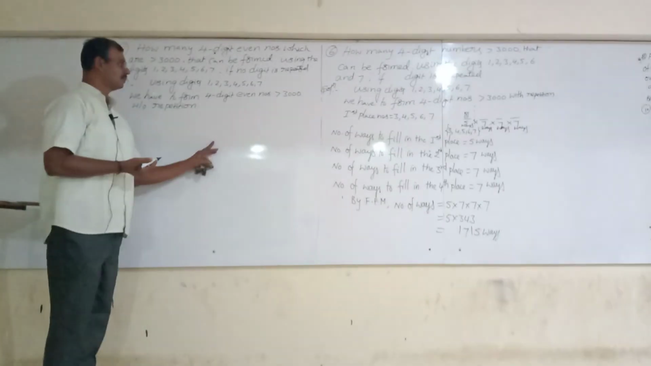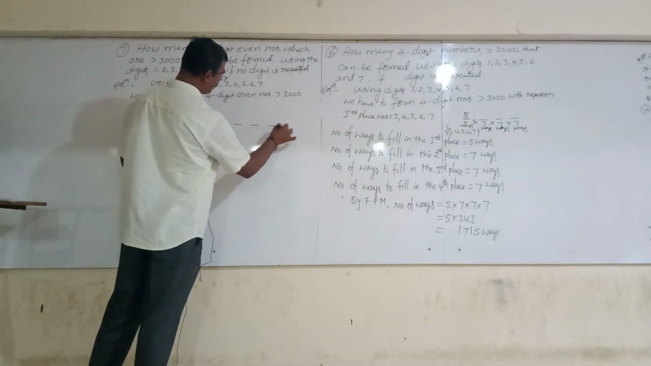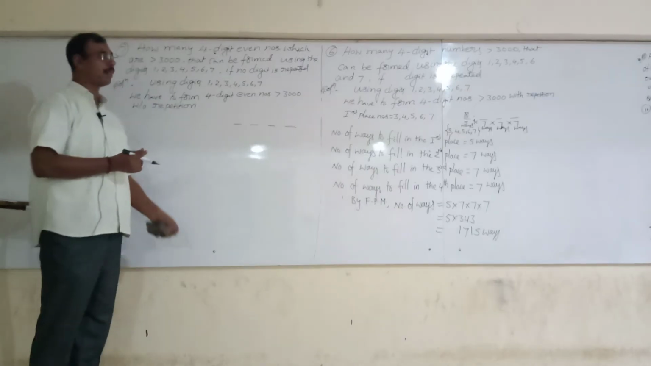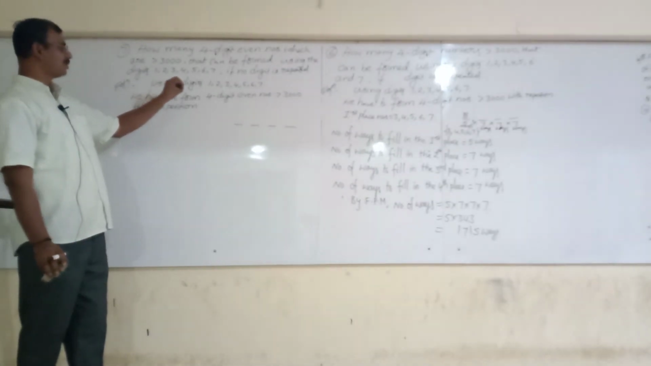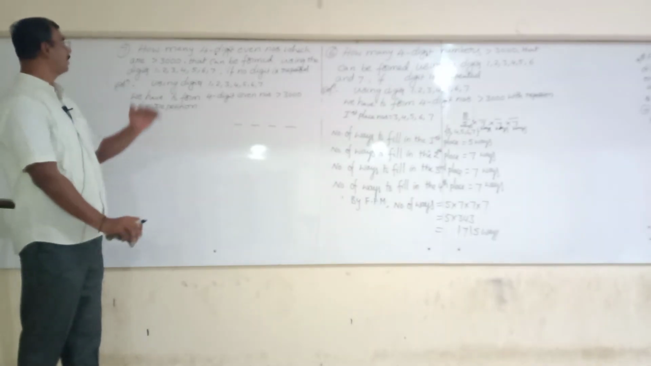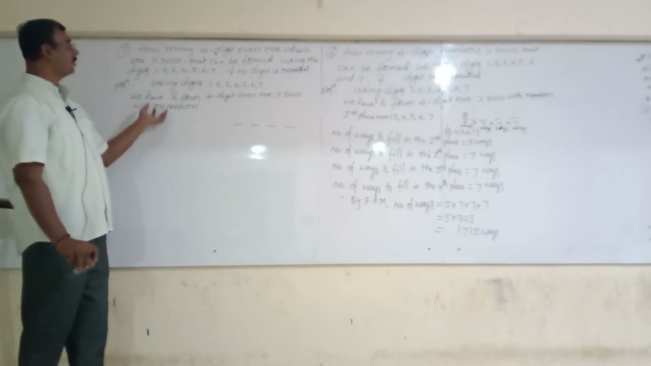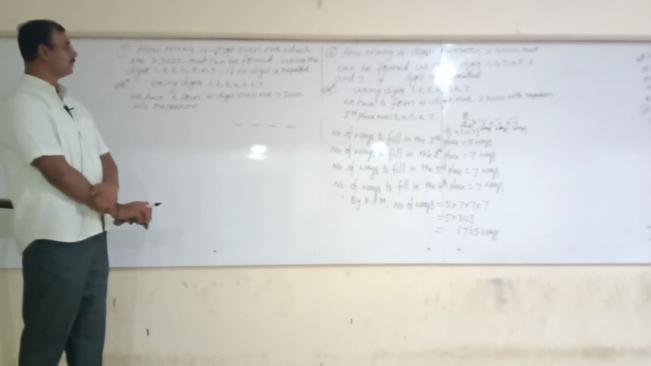So generally what to do? We have to use the position method, the block diagram concept. Here, which condition should come first? Greater than 3000, or even numbers? We have this confusion. To avoid this confusion,